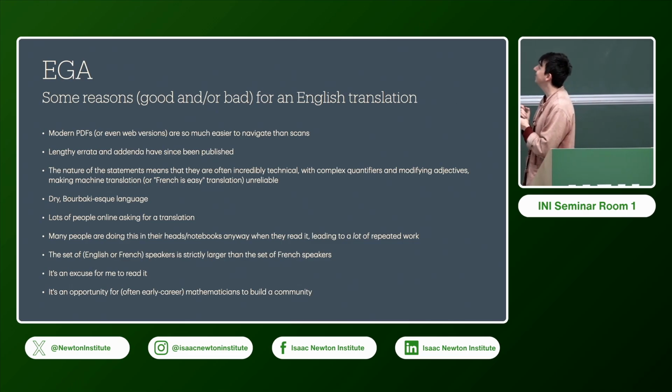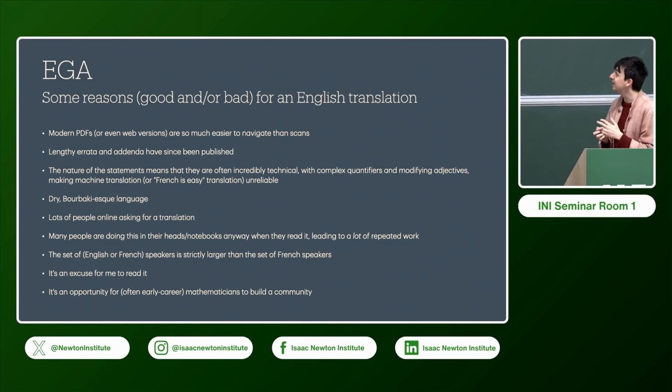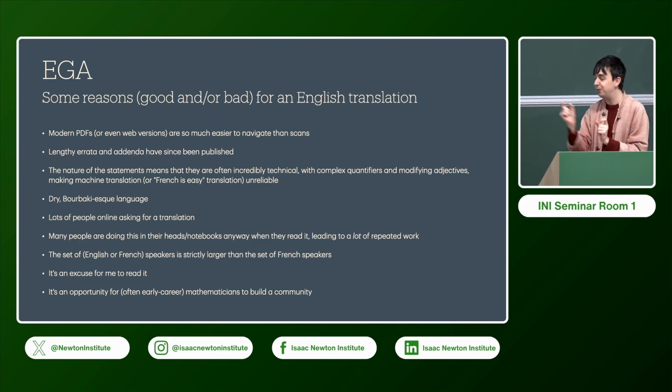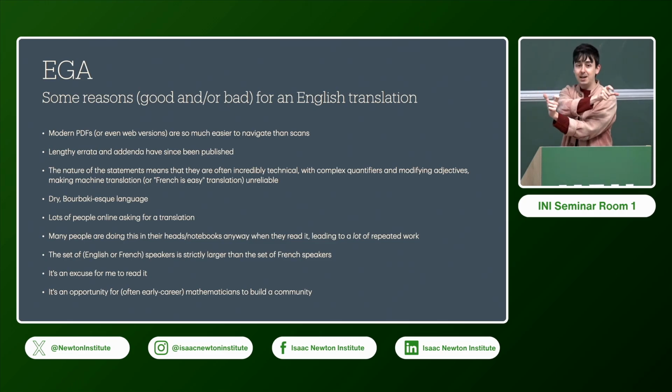I actually claim that this is a frustration in English. I have a specific slide on it later. But my point is, the sentences are hard and need unpacking. They're very technical, lots of quantifiers, and in maths it makes a big difference if you mistranslate, if you just miss an S off the end of a word to make sure it agrees with one noun or another noun. That makes a massive difference. Often it makes your maths wrong.